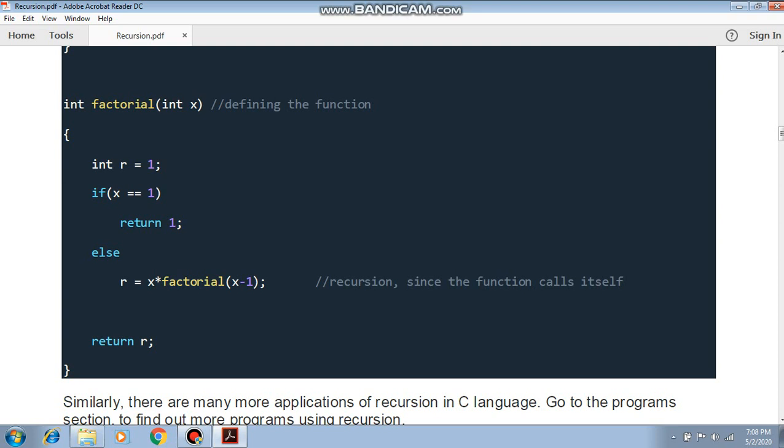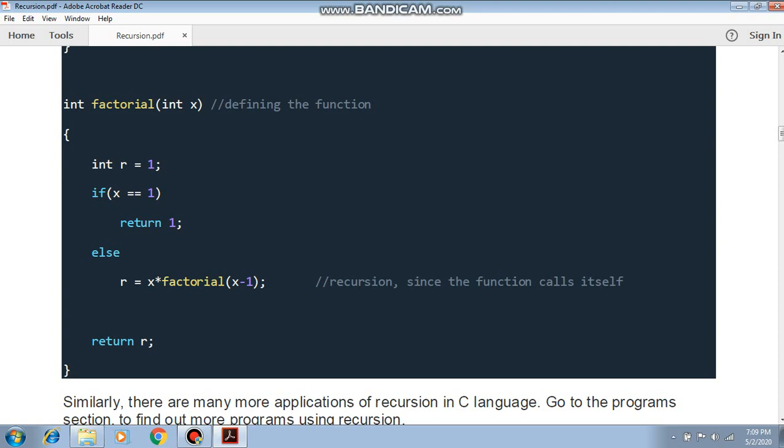So first time 5 multiplied with 5 minus 1, that is 4. Next time 4 multiplied with 4 minus 1, that is 3. Third time 3 multiplied with 3 minus 1, that is 2. Then 2 multiplied with 2 minus 1, that is 1. Means up to 1 we are calculating the value. So we are calling the same function to do the multiplication each and every time.